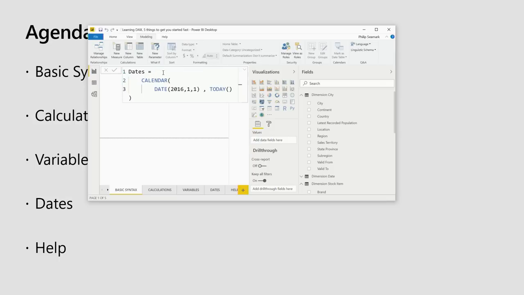If we think back to the syntax example that I explained before, the information to the left-hand side of the equals is just what the object is going to be named. In this case, we're going to create a calculated table called Dates. After the equals, now we're into the DAX. Because DAX is functional, there are about 140 functions. The very first function here is called CALENDAR. The CALENDAR function expects two parameters to be passed to it: what date do you want to start this calendar at as the first parameter, and what date do you want to finish your calendar at?